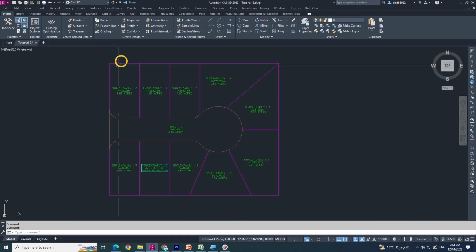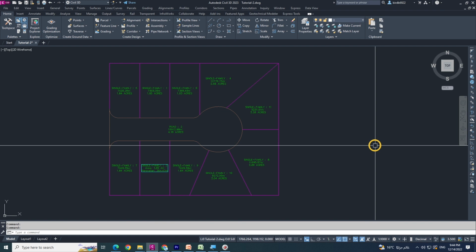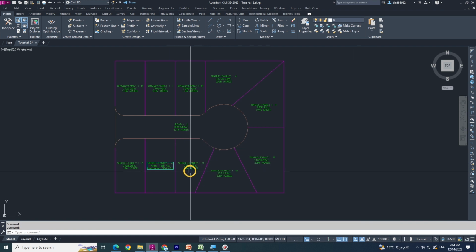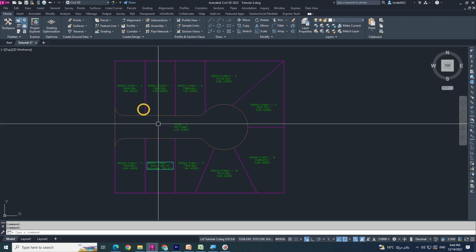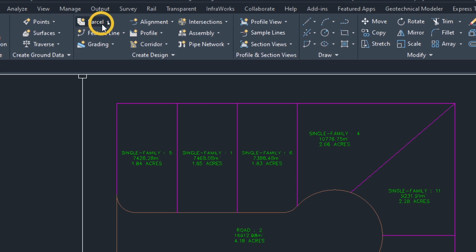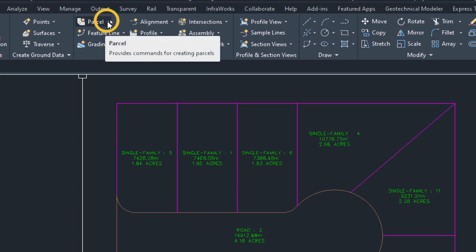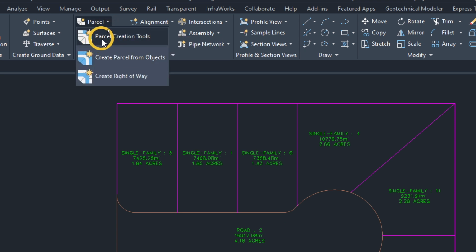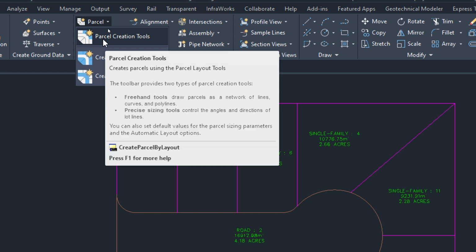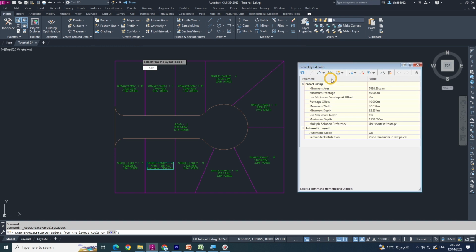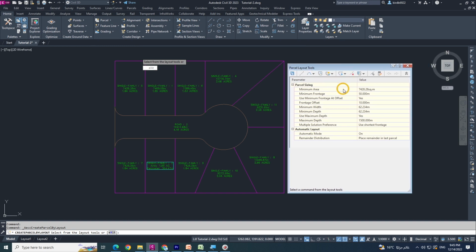This is our Civil 3D parcel. We are going to edit this parcel. First I go to the top of this parcel and see the drop-down button. Just click like this and choose from the top one of the parcel creation tools. I click like this and the layout tool comes up. Now I want to